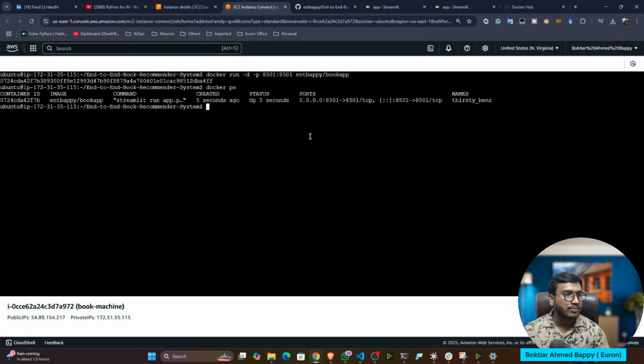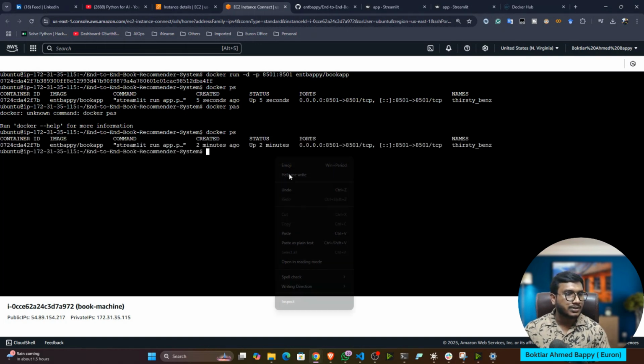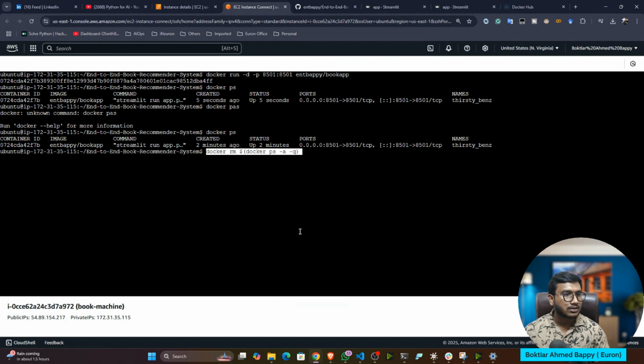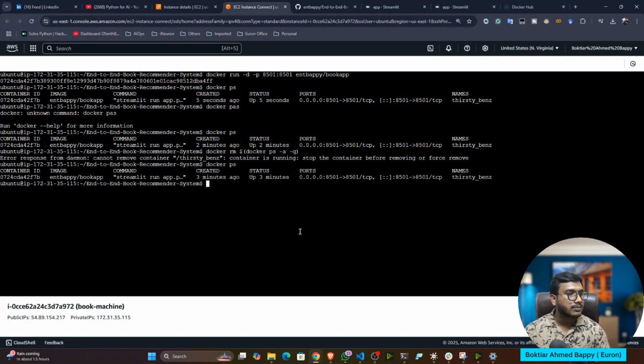Let me show you. My container is running; docker ps shows it. If I execute this command to delete the container, it says to stop the container first. If I run docker ps again, my container is still running.